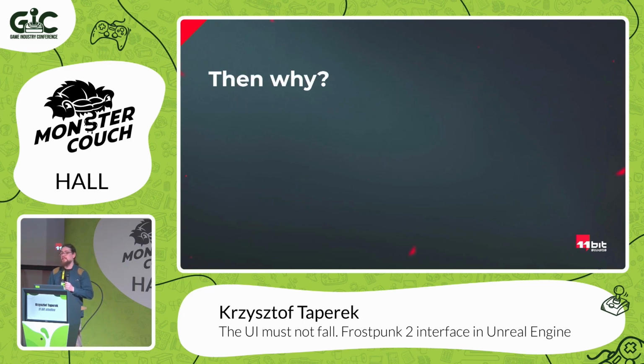Then why did we do that? First of all, we really like the direct control over the hierarchy. So we had no problems with managing the hierarchy, with changing the order of widgets. Everything is in the same place, and it's very easy to change it. And we have a lot of translucent things. We have almost everything with blurs, so we can see panels under them, so we still need to render them, basically.